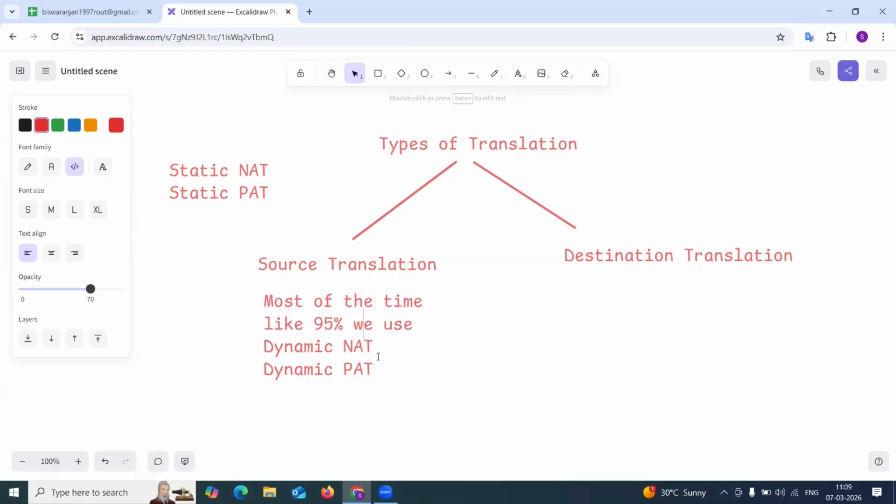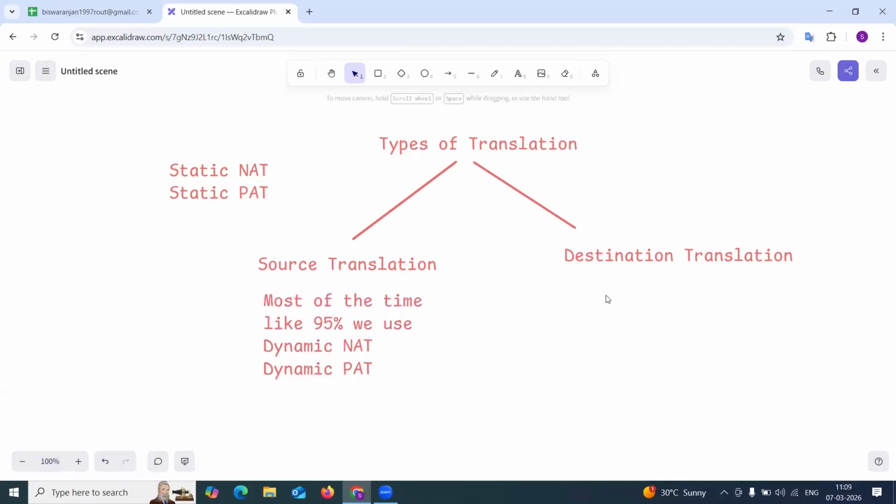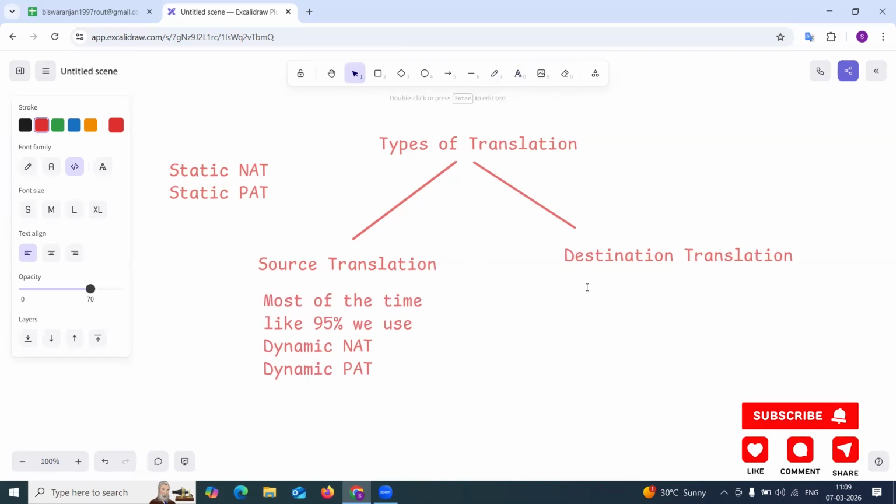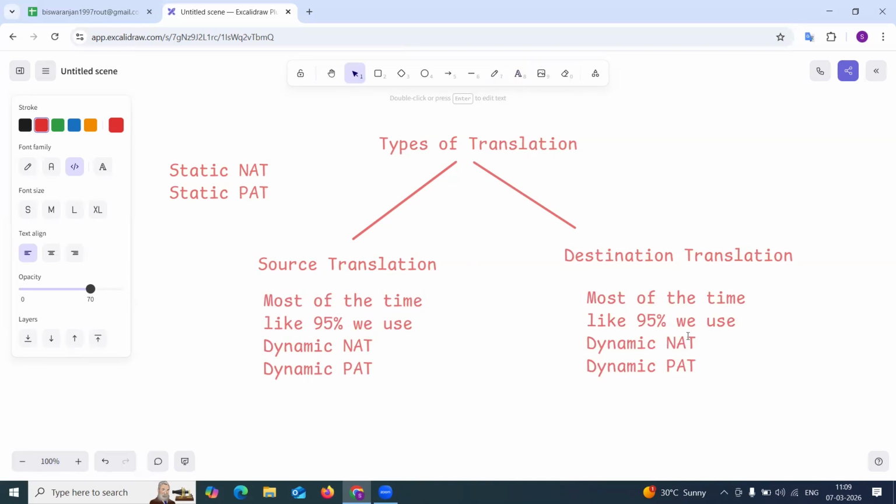Okay. And most of the time, 95% of the time, we use static NAT and static PAT